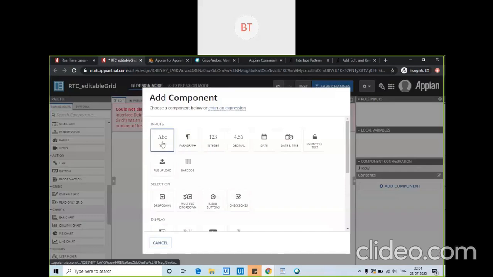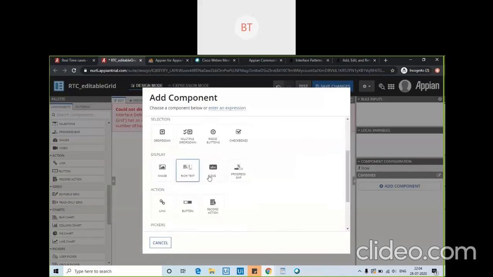Okay, so this is the type. What data do you want to show? Will it be text, a paragraph, integer, date? Image also. It can be anything.